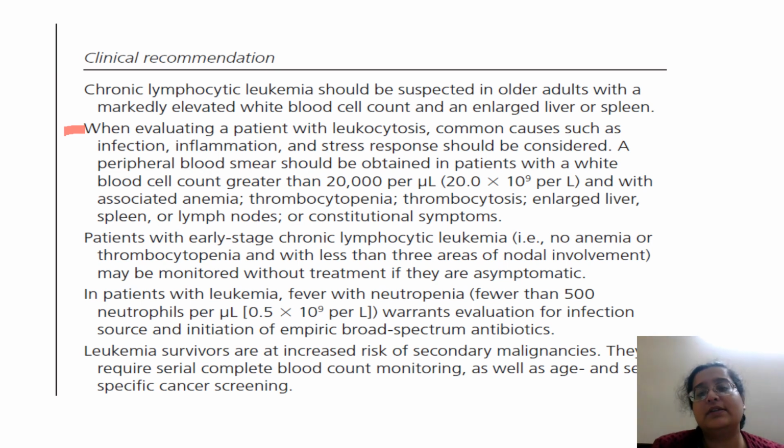You must have read that in both CLL and CML there are leukemoid reactions, which can be lymphoid leukemoid or myeloid leukemoid. And then there's a cutoff to diagnose something as just a simple leukemoid reaction post-infection or a CML. Same goes for CLL. So this is a very general point that if you're getting leukocytosis with anemia, thrombocytopenia, organomegaly, or just plain leukocytosis, you should get a peripheral smear checked. Then, of course, patients with early CLL might not present with anything or may be asymptomatic, as I've already told you. In patients with leukemia, fever and neutropenia warrants evaluation for infection.